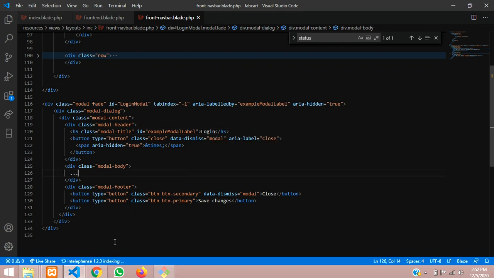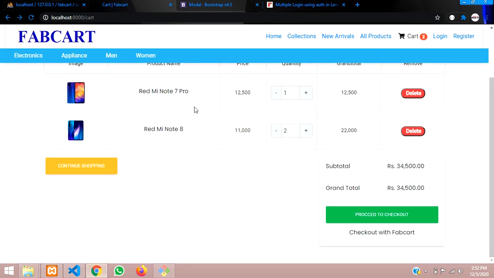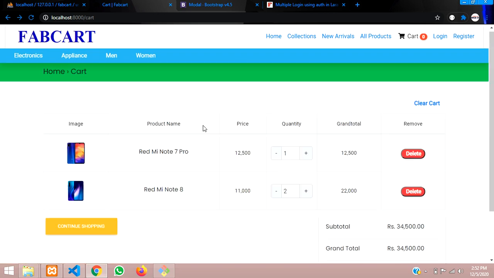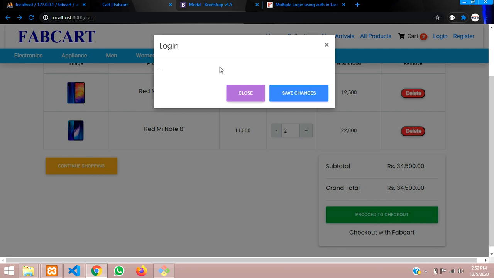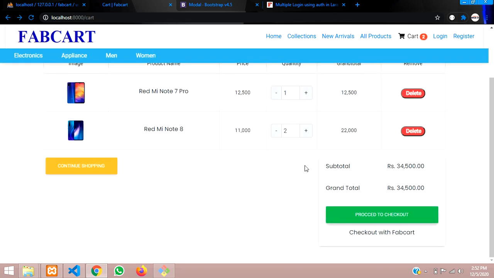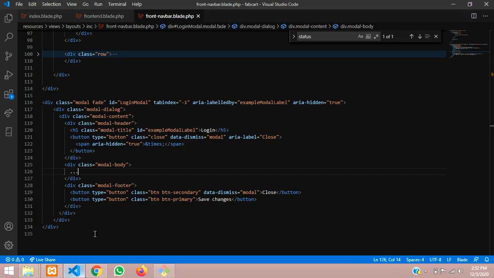That's it, and now let us reload the page. It's loaded now, so let me click on proceed to checkout. See guys, you can find the login modal. Let's close it.